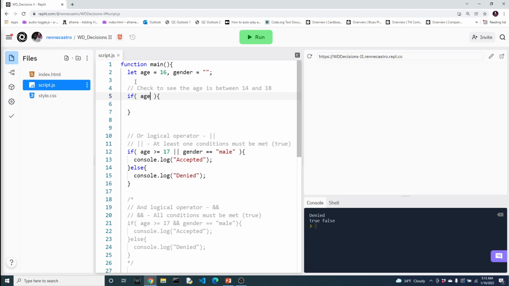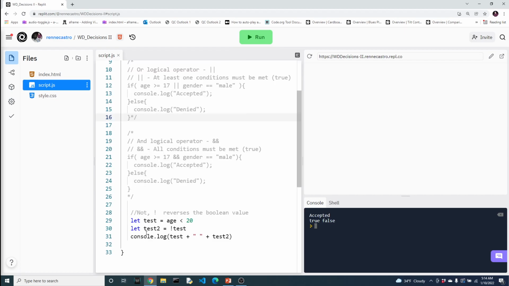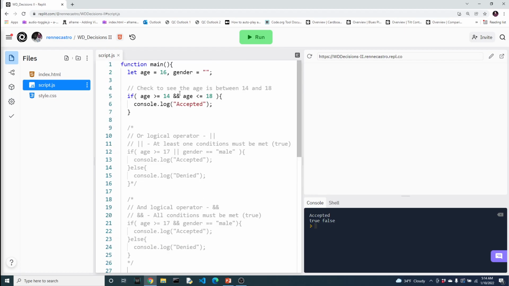So the way I'm going to write this is, I'm going to check to see if the age is greater than or equal to 14 and the age is less than or equal to 18. If it is, then we're going to go ahead and write the word, which I'll just copy from down here. Save me a little typing. And let's comment out these. Let's comment out this one too. I don't need to see that anymore. All right, so we do see that the word accepted comes up,